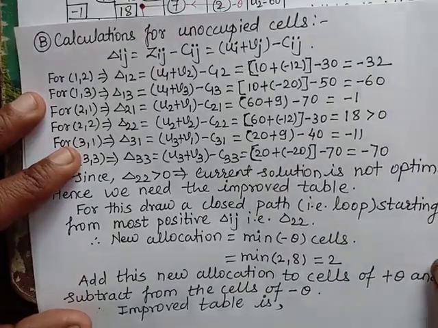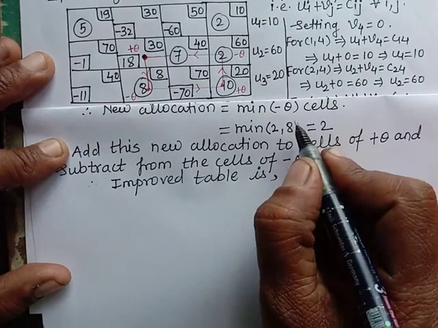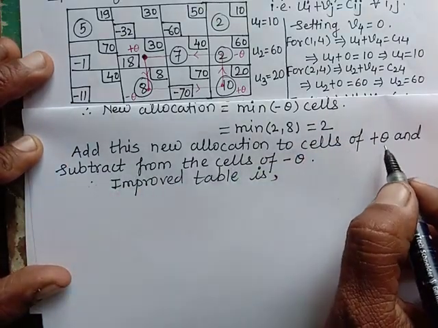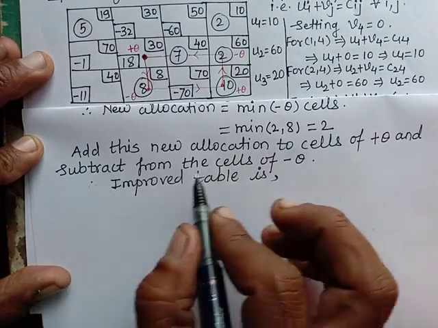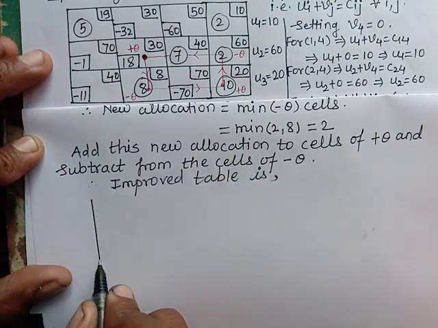What will that table be? This new allocation of 2 we have to add at the cells with plus theta, and we will subtract the same one from cells with minus theta. So our table will be